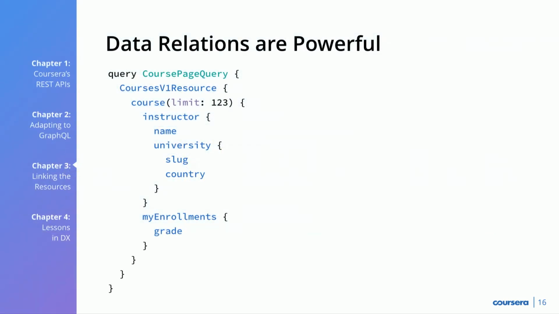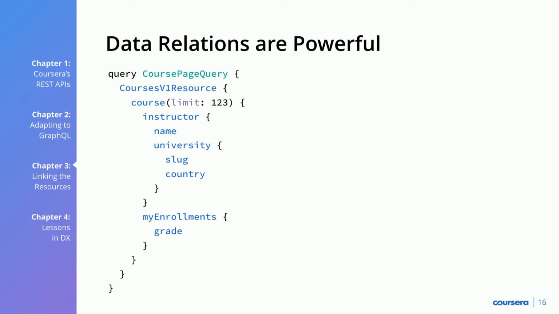So we really wanted some sort of query that looked like this, where we could get the course information, then we get the instructor, maybe the university on the instructor, and you get your enrollments in there, basically everything you need all in a single query. So some of the problems: we were thinking about this problem and we didn't really know exactly how